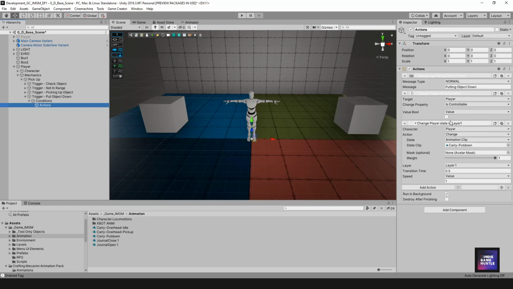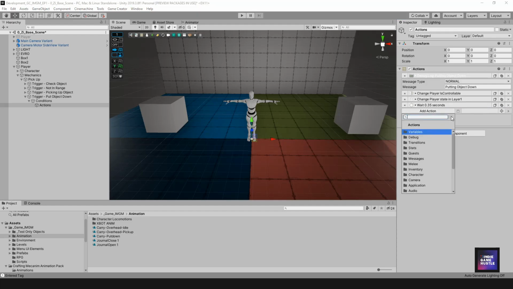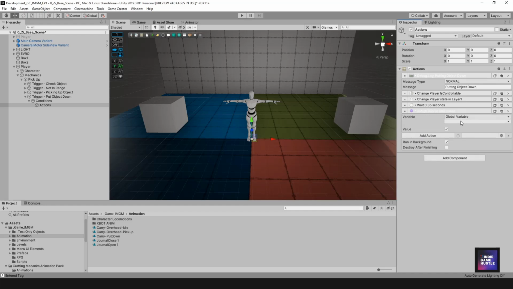All right, so once we do that, we're going to put in a nice little wait just to give us a little bit of time to do anything. It's just a buffer. All right, and now that we're putting the object down, we want to let the system know that, hey, we don't have this in our hand anymore, right? So we want to go ahead and set variable global is carrying to false